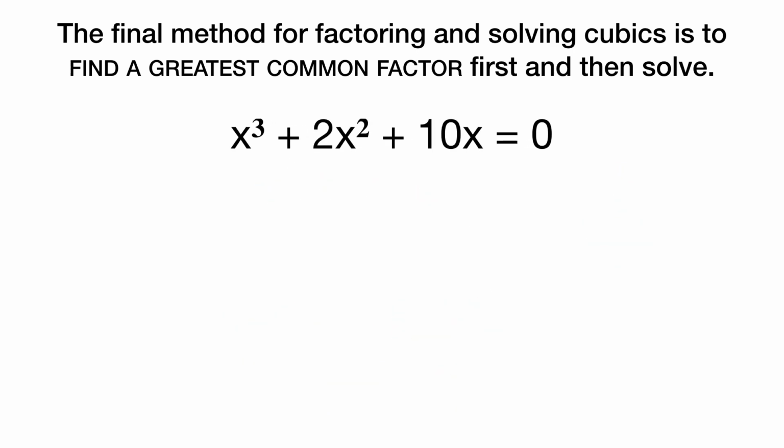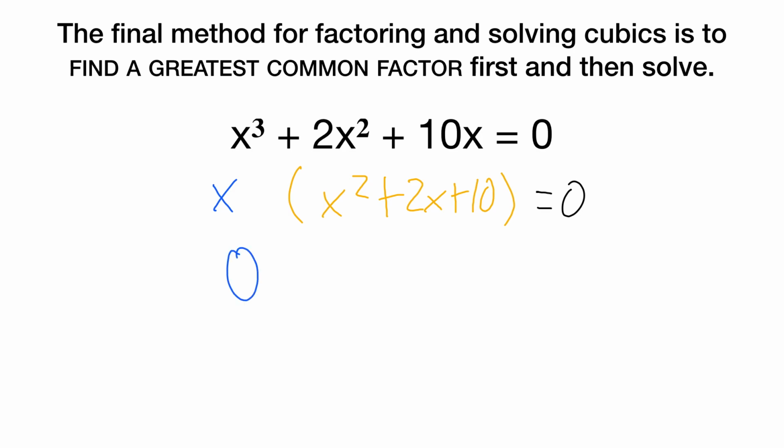Let's try this one more time. Greatest common factor is x. This becomes x times, sorry, not x cubed, it's now x squared plus 2x plus 10. And that all equals 0. Now, one of our factors is, in fact, 0. One of our zeros is 0. But for the other one, well, let's see. If I was to factor 10, I have 1 and 10, 2 and 5. Wait, neither of those add up to be 2, which means we have to use the